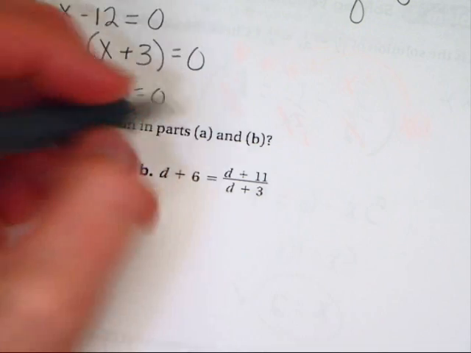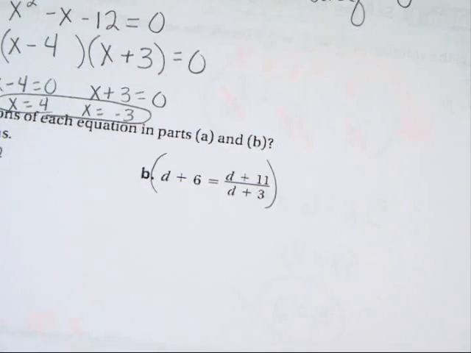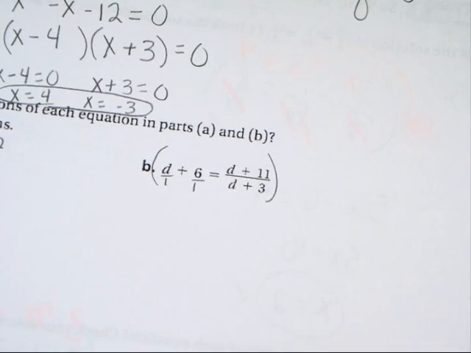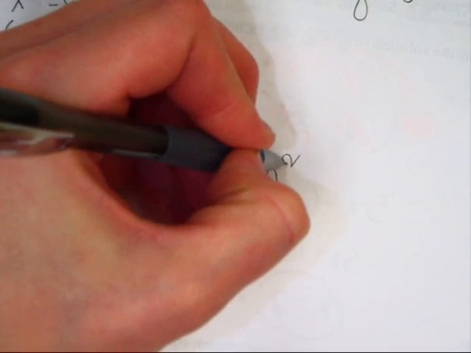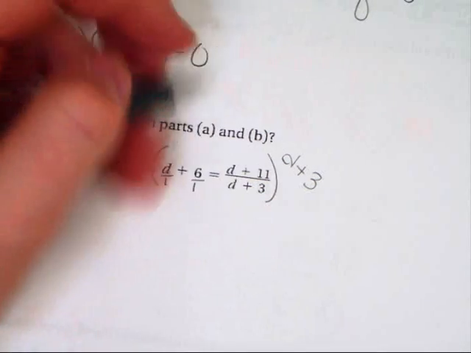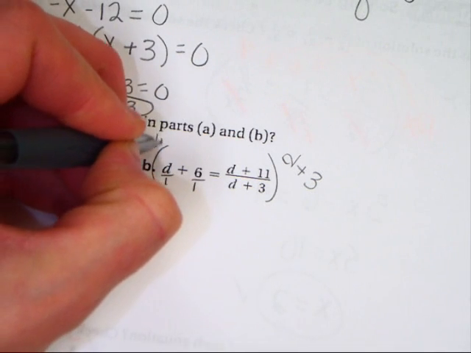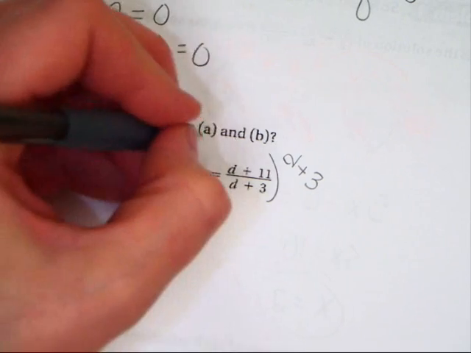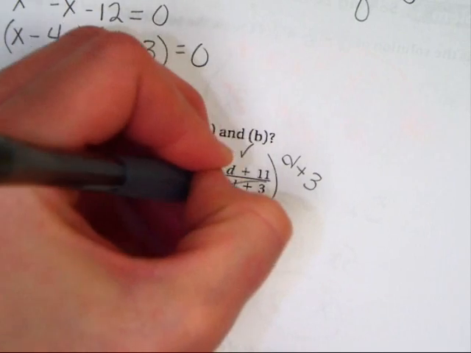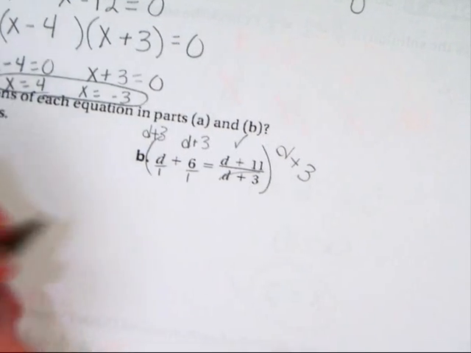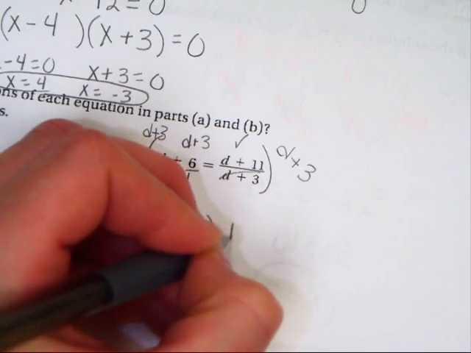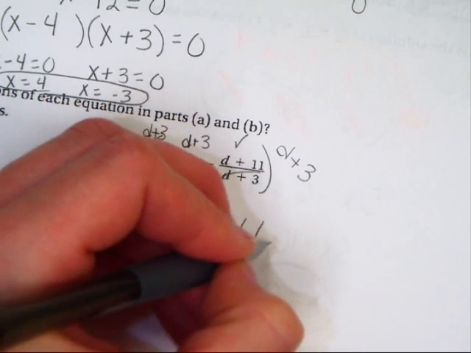In part B, I'm going to give myself my parentheses. These are each over 1. And I can see that the only denominator I have is d plus 3. So that's my common denominator. I distribute it in, and this one gets a d plus 3. This one gets a d plus 3. And this one's done. The d plus 3 will go away. So that leaves me with d times d plus 3 plus 6 times d plus 3